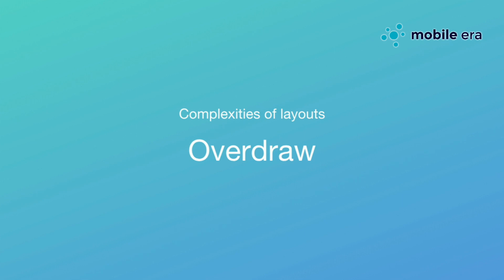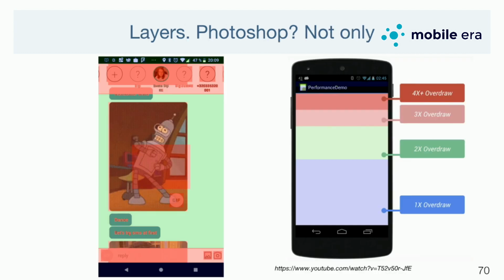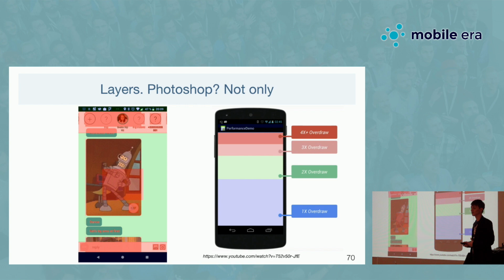And another problem that happens a lot with different things is overdraw. For example, if you turn it on again in the developer panel, you will see some colors on your screen. And what do they mean? For example, here we see that the background is green, and it means that it has 2x overdraw. So we have some pixel, and we paint something over this pixel 2 times, so we just waste our time, basically. And actually, there is a decor view that's not counted here, so this background was repainted 4 times.